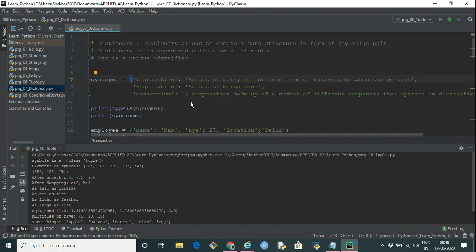Yeah, hi there. In this Python tutorial, we are going to cover the dictionary data structure. A dictionary allows us to create a data structure in the form of key-value pairs. It is actually an unordered collection of elements. What it means is that the order which we specify at the time of creation of the dictionary